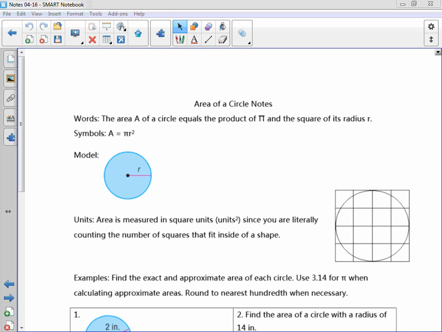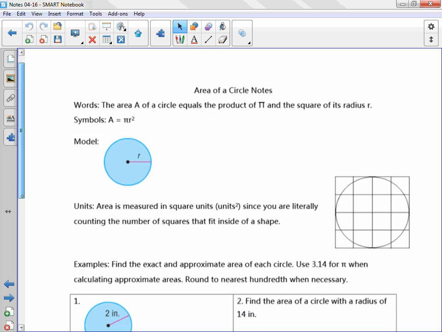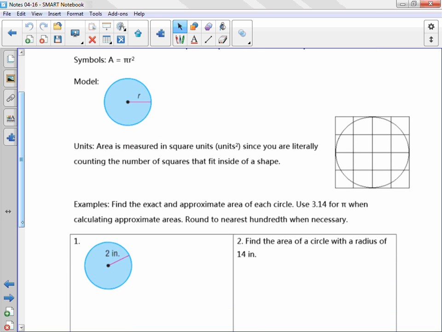Okay, today we are going to learn about how to use the formula for area of a circle. From the video, you guys already learned about what the formula looks like. Area equals pi times the radius squared. So when you're given the radius, life is pretty good. When you're given the diameter, sometimes it gets tricky because you always have to remember that you have to find